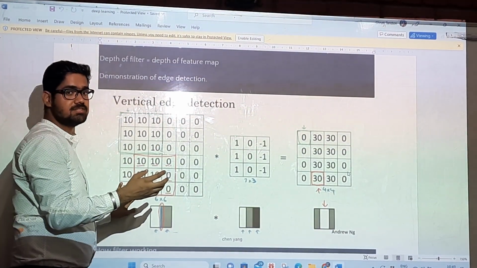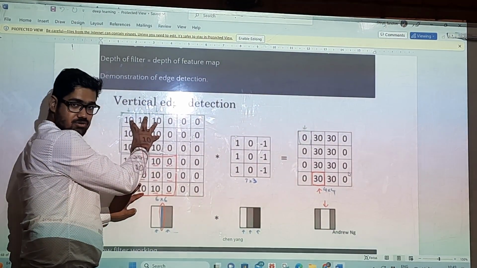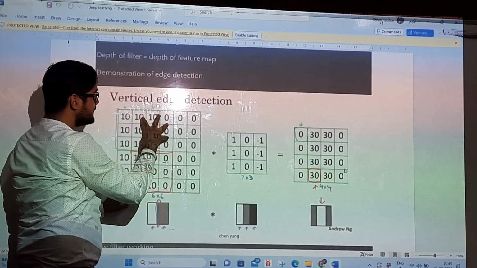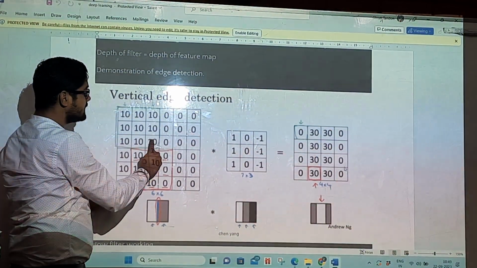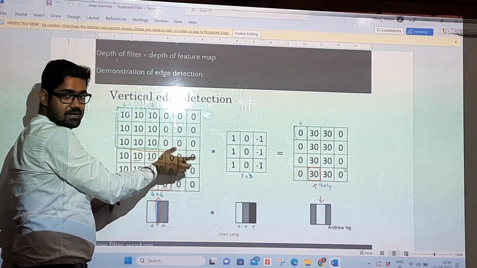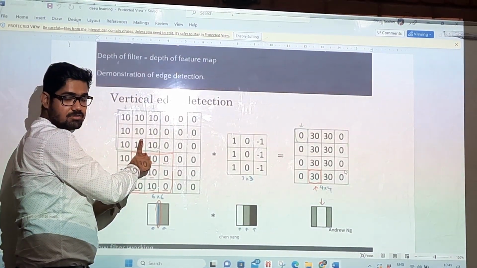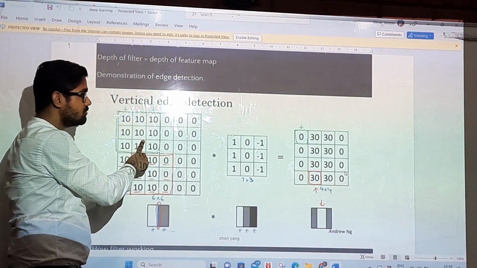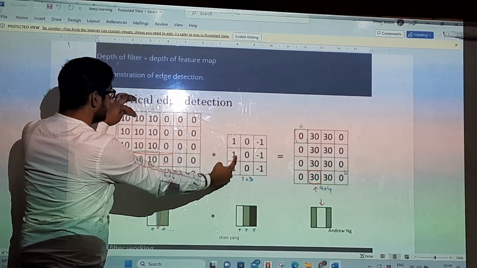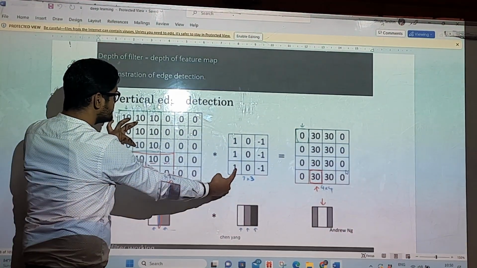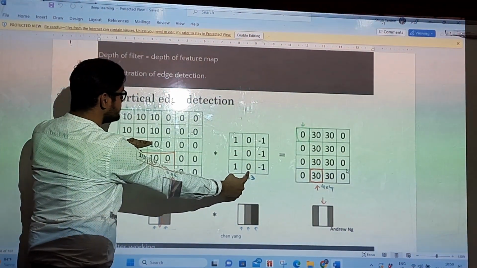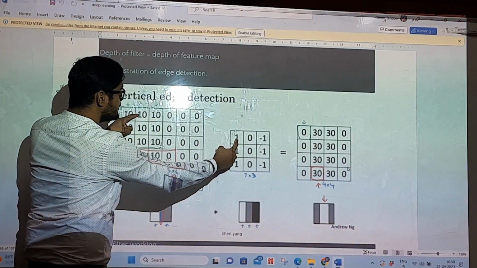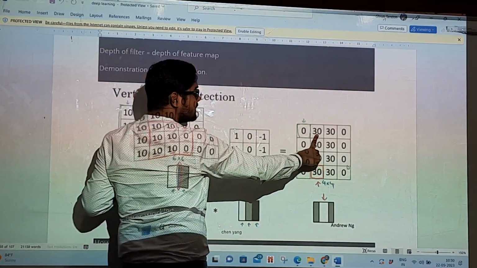Now move on to the second step. We will change the position of the filter and move it one step ahead. Now our filter is positioned on 10, 10, 0, 10, 10, 0, 10, 10, 0. And now we multiply this matrix with our image. Respective values get multiplied with the respective values of the image. So we get 10 into 10, 10, and this is another 10, 20. This is 30. This whole sum is 0, and this is 0. Hence the total resultant value is 30. So we write 30 here.